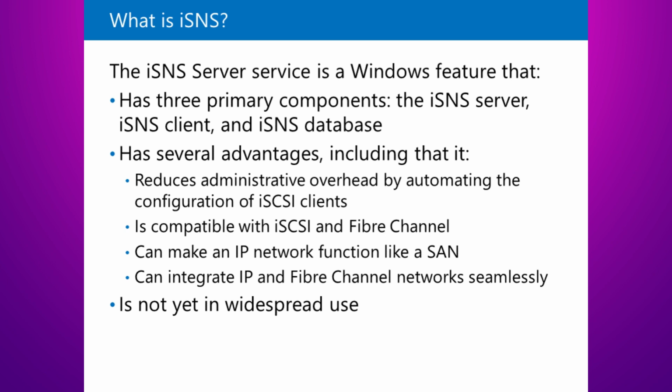To add an iSNS server, use the following command. Set-WmiInstance -Namespace root\wmi -Class WT_iSNSServer -Arguments @{ServerName="iSNS server name"}. To view iSNS server settings, use the following command. Get-WmiObject -Namespace root\wmi -Class WT_iSNSServer. To delete an iSNS server, use the following command. Get-WmiObject -Namespace root\wmi -Class WT_iSNSServer -Filter "ServerName='iSNS server name'"